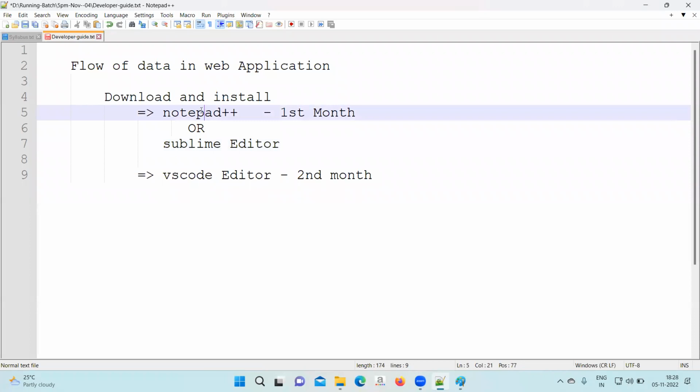So a browser and one editor is sufficient to learn till Bootstrap. Okay, a browser and one editor, either Notepad++ or Sublime, is sufficient till Bootstrap. Once we enter JavaScript, then we'll use VS Code editor. From JavaScript onwards, we require some more things that we will install at the time of class only. No need to install them now. So install these two things, and then after that,